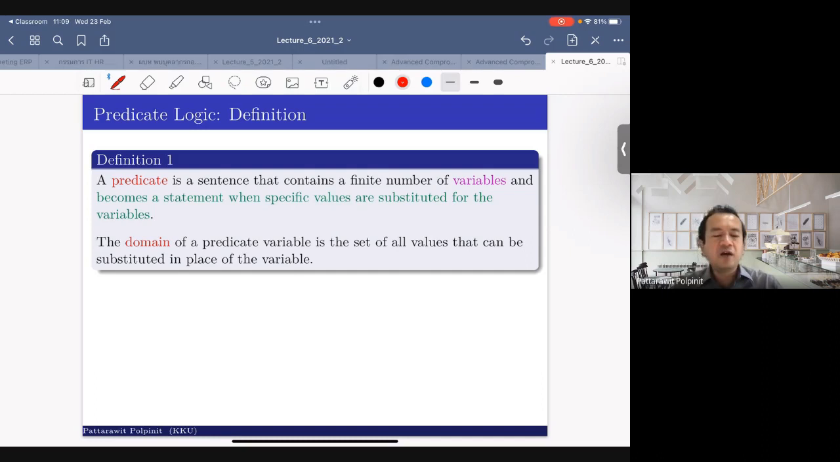First, let's start off with a definition. So when you say predicate logic,